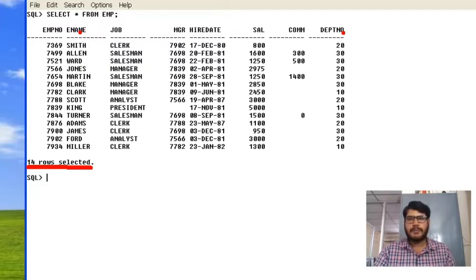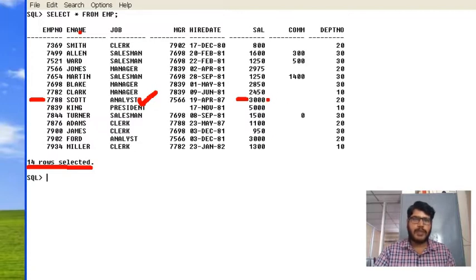Assume that I want to modify Scott's job as a clerk. As you can observe here, Scott is having analyst job profile. I want to modify this one as a clerk. And at the same time, I want to modify the salary of Scott as 2000.